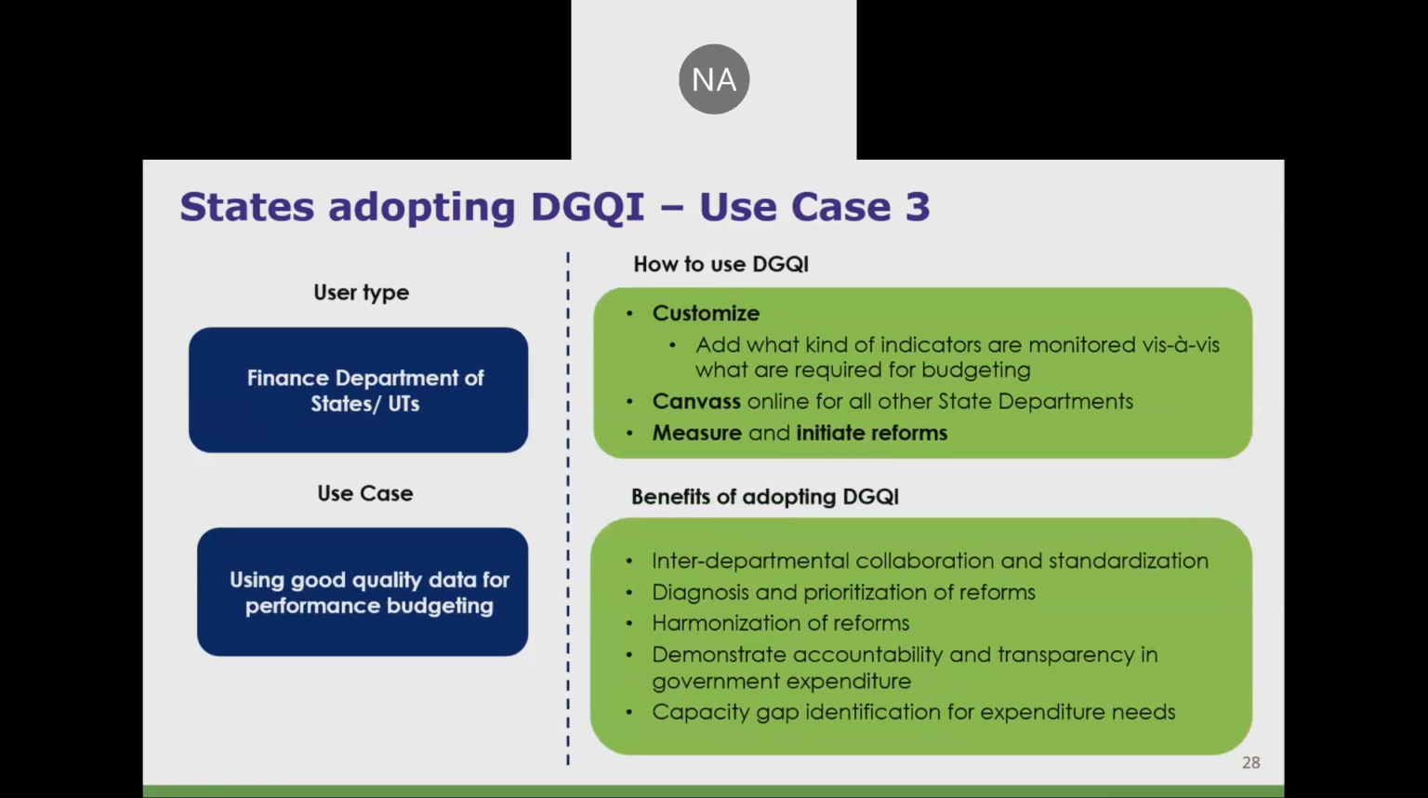Now we look at how the Dgqi questionnaire can be helpful to the finance departments in the states and the UTs. We noticed that the finance departments are now rapidly moving towards performance-based budgeting, which leads to better accountability of state funds and expenditure. However, for this, the finance departments need reliable, good quality, timely data on performance of the programs they are running from several other departments. So, and such